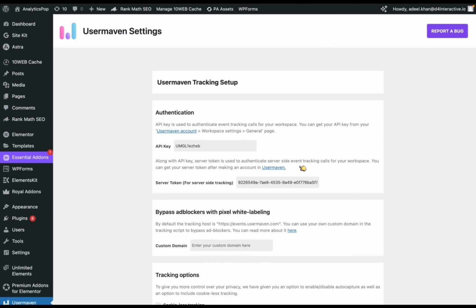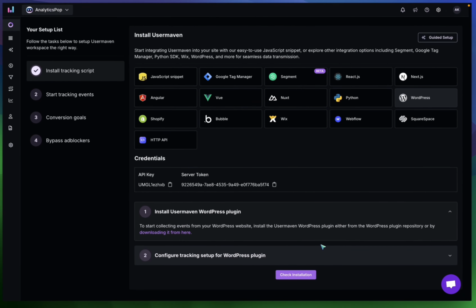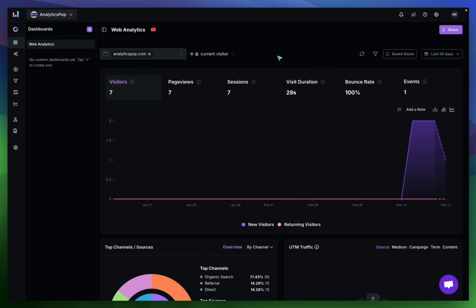Settings saved successfully. Now we are going to click on check installation. And that's it. Now the installation has been successfully completed and we will start receiving the data into Usermaven Analytics